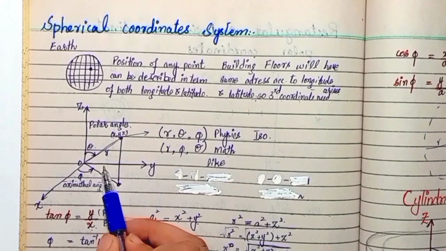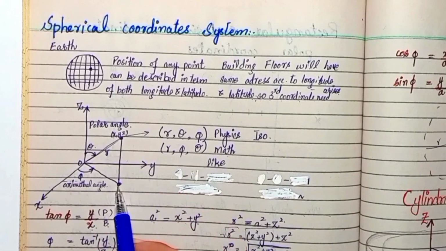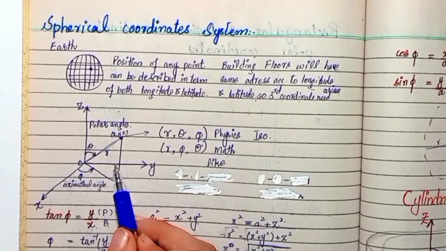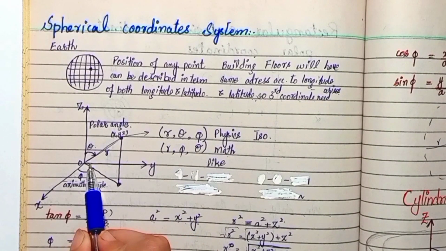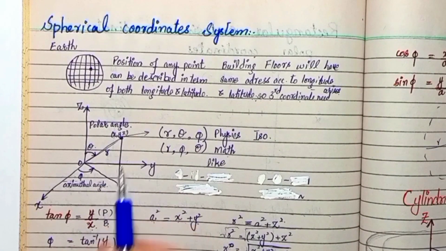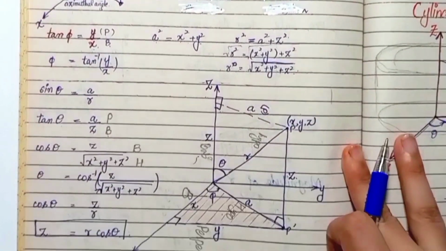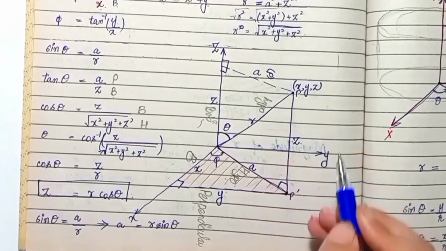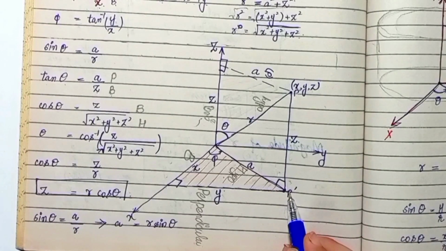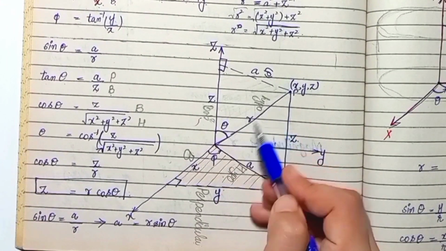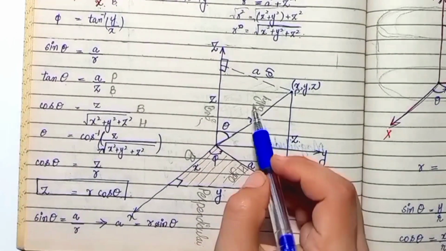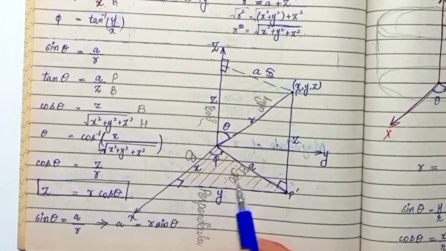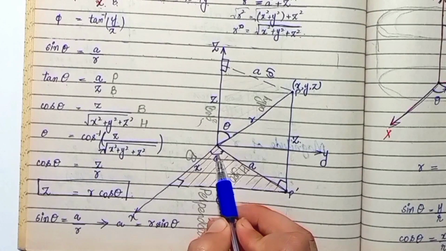Here in this diagram you see point P, and here is the shadow of point P. In this diagram, two triangles will be formed. To show these triangles, I will have to enlarge the diagram. Here is the enlarged drawing, with point P in terms of x, y and z. Here is the shadow of point P, which is P dash. One triangle is this one and the other is this one. This is a right angle triangle with angle theta, and this is also a right angle triangle with angle phi.